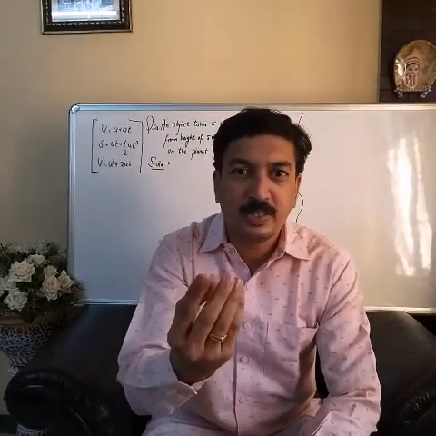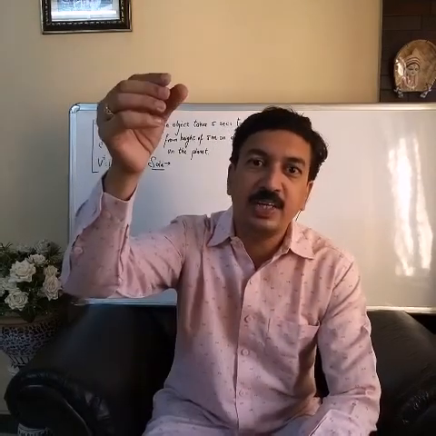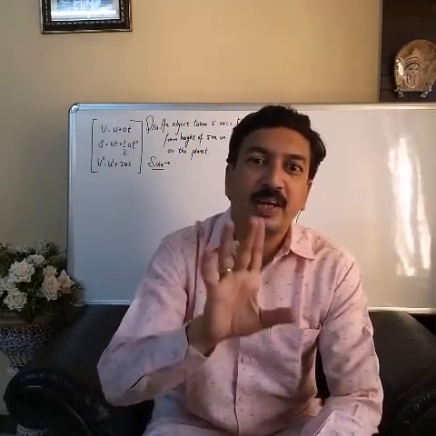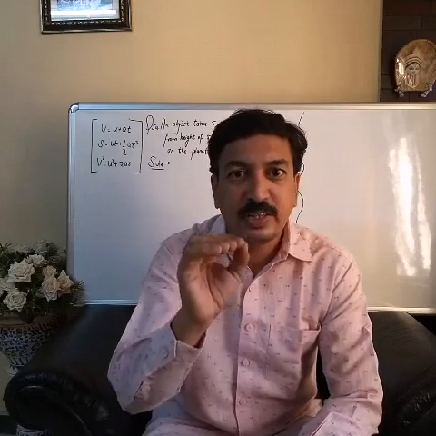Secondly, when you throw an object upwards, the final velocity v will be taken as 0. On the other hand, when an object is released from a height, the initial velocity u will be taken as 0. So these three things you should take in consideration while solving the numerical. Let's look at the numerical and solve it. It's very easy to understand.